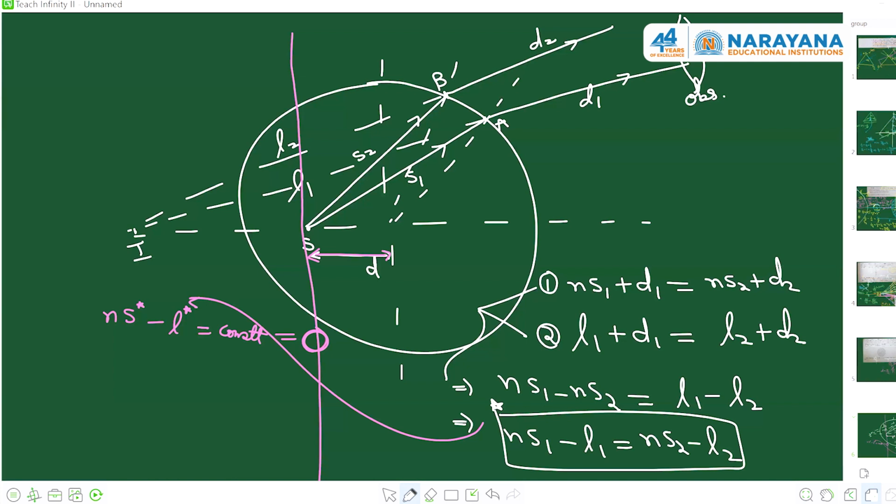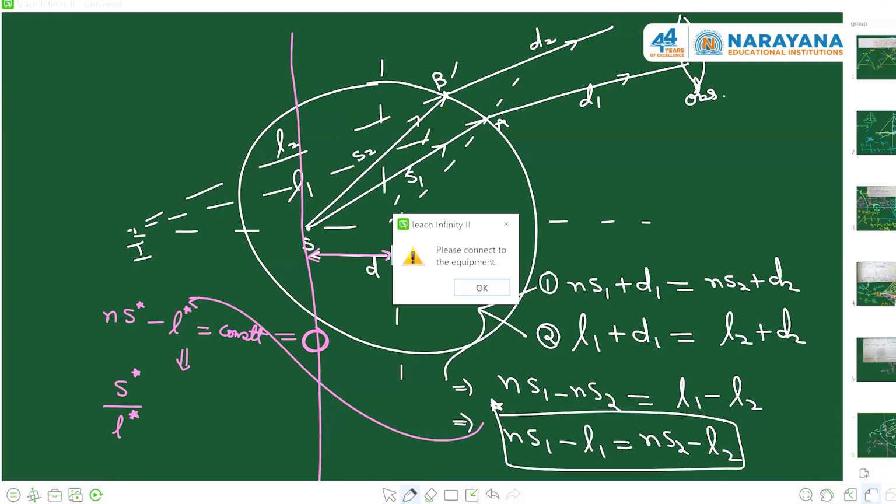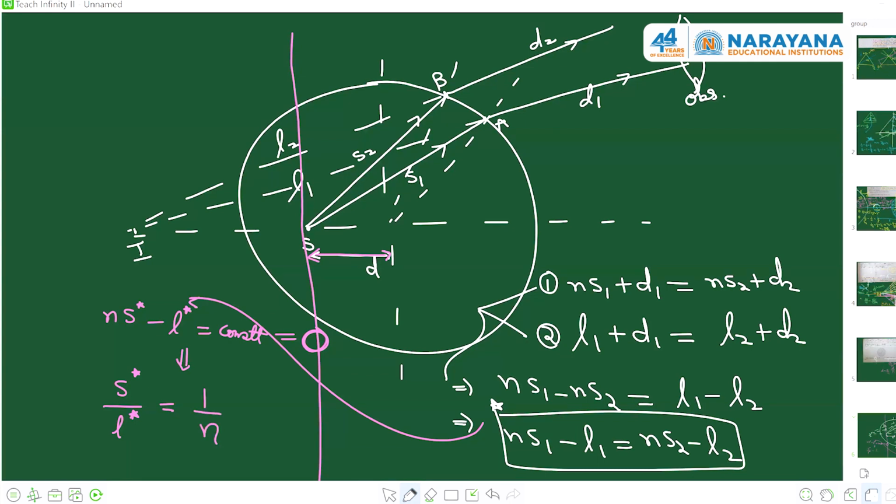And as I get this point from here, we converge onto the idea that this thing is possible if S star and L star, S and L, we can say general S star and L star, like general S, general L, follow a relation which is actually 1 upon N. And as you say that the ratio, now S star and L star basically are the distance of the point